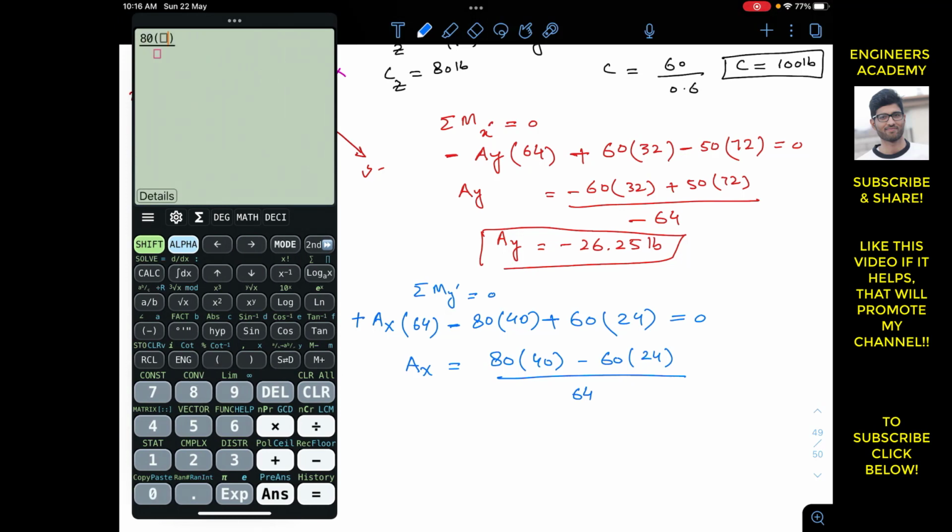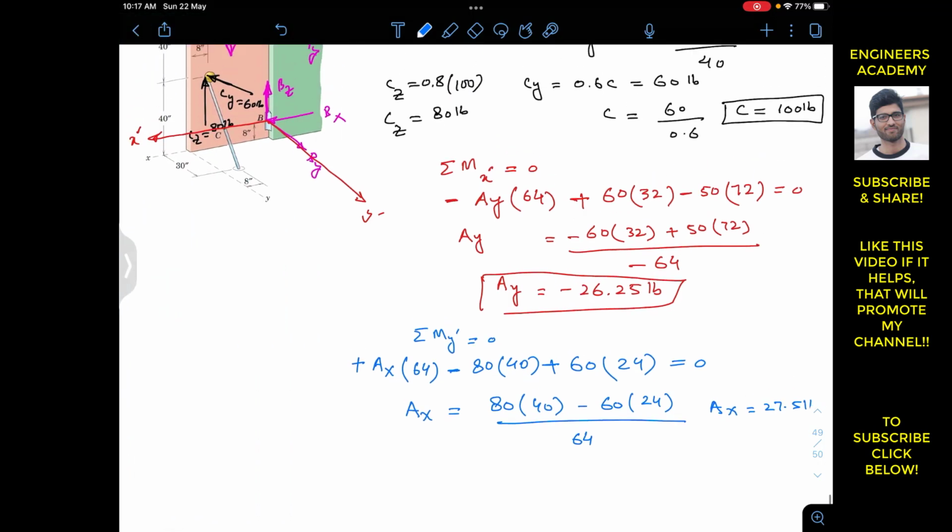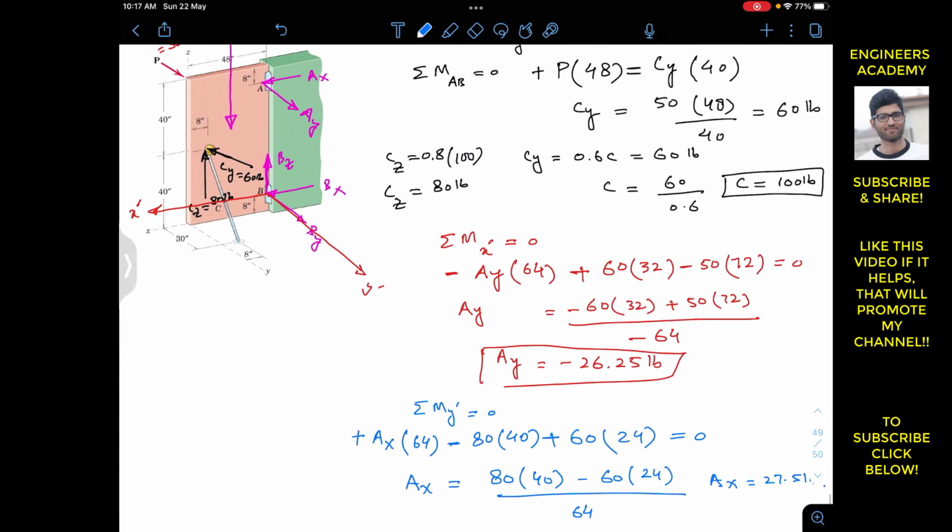So this is 80 into 40 minus 60 into 24 divided by 64. So Ax is equal to 27.5 pounds. Now the resultant reaction at A, we can find the magnitude of the reaction at A, that will be